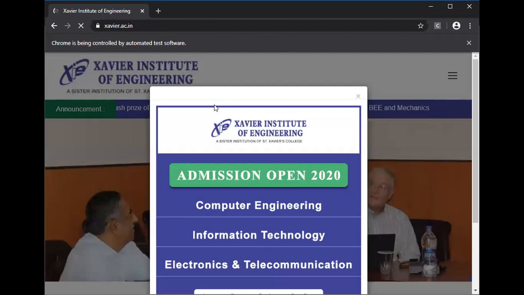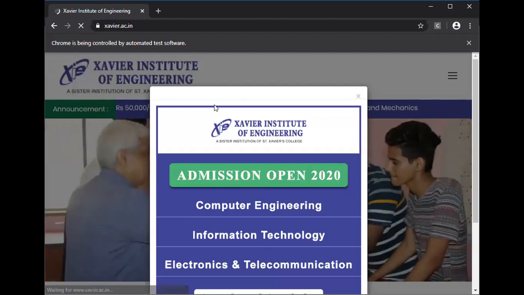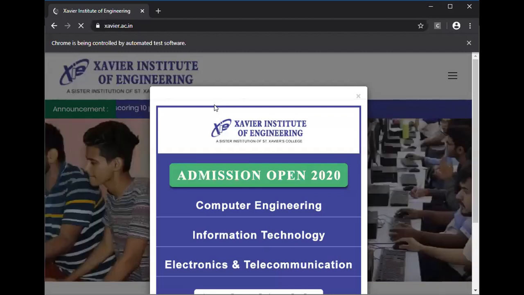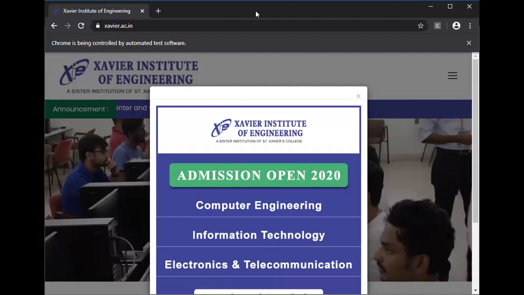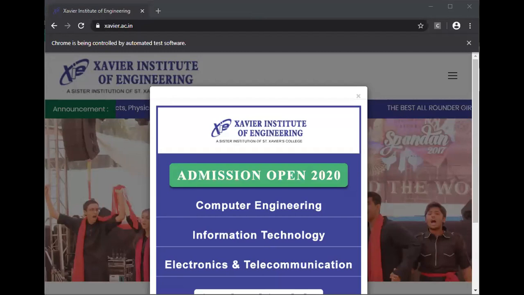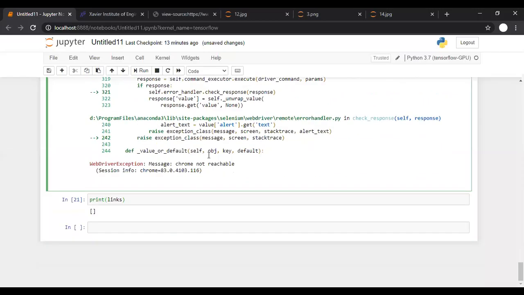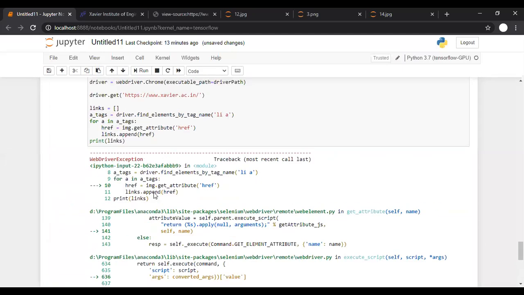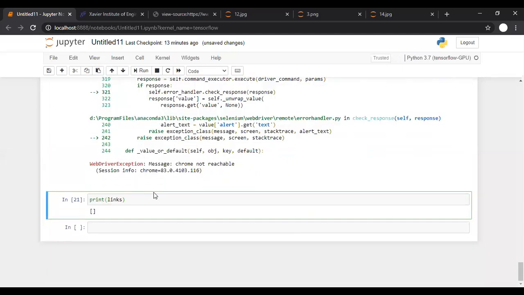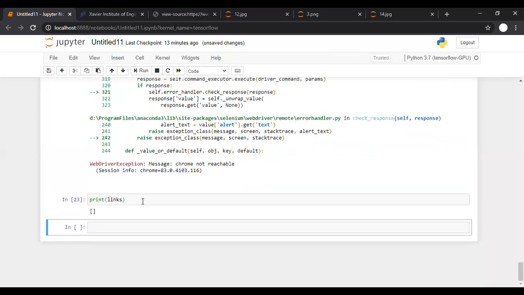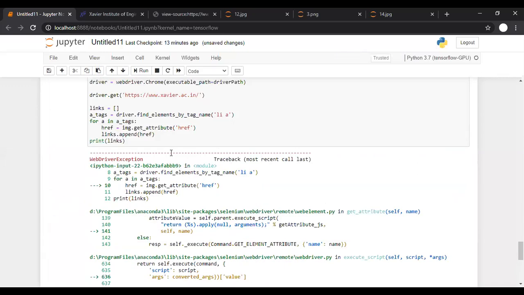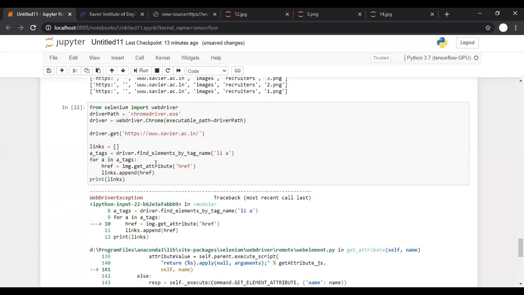I have to wait for the page loading to get over. This is the most boring part, that you have to wait for the page loading to get over. And print these links. I don't know what I am doing wrong over here.